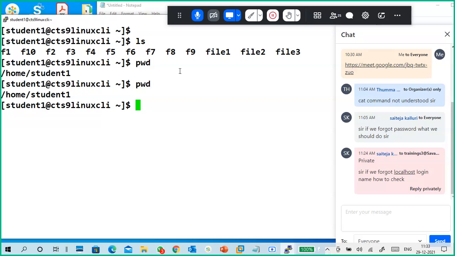If you say, sir, I created a file but I don't know where I created it, no one knows that. Say I created a file named student one, and I'm searching for student two. That's why Linux is secure: you keep something somewhere and no one knows where it is located.